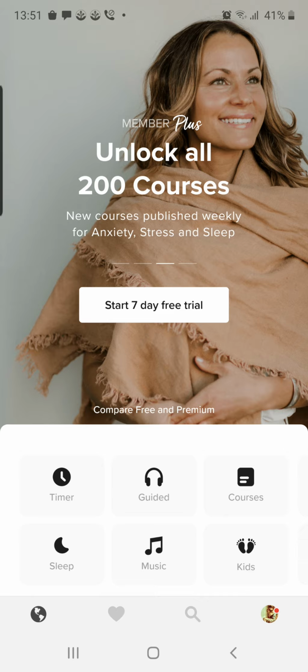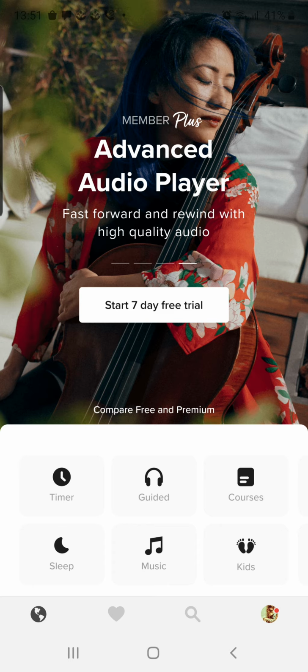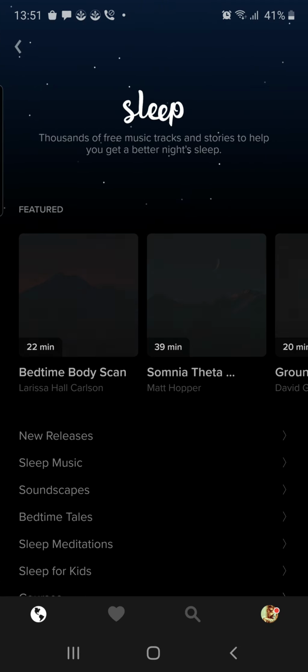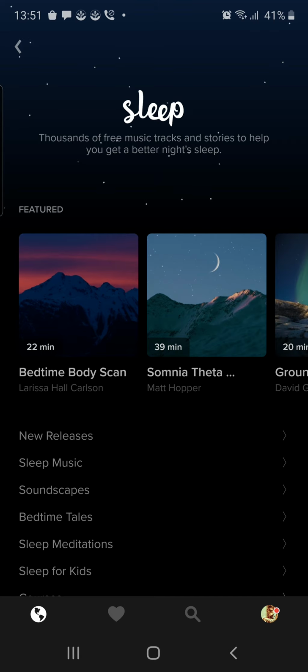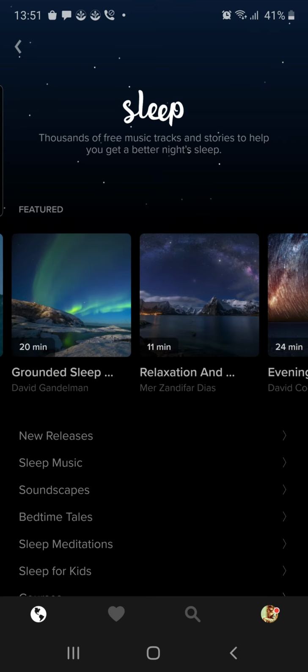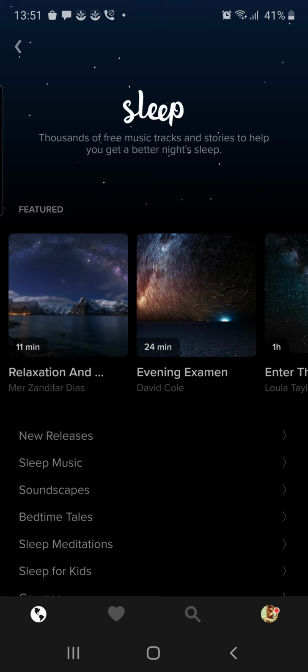Okay, sleep, for example. I've used this a lot when I'm not able to sleep, and this is just outstanding. You go to sleep, and you see there are 22 minutes, 39 minutes. You can just plug it in, use your headphones, and just go to sleep. It will tell you how you need to breathe, how you need to focus certain thoughts before you drift off to sleep, and things like that.